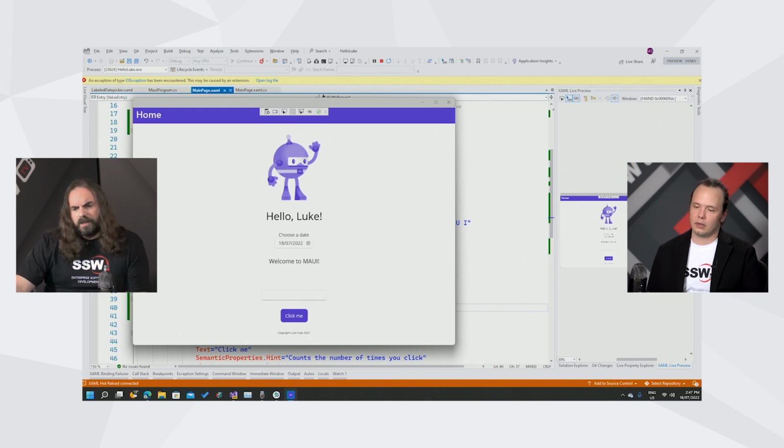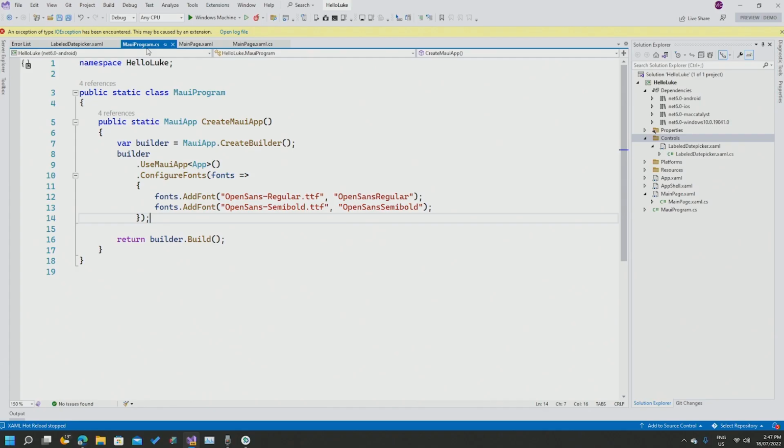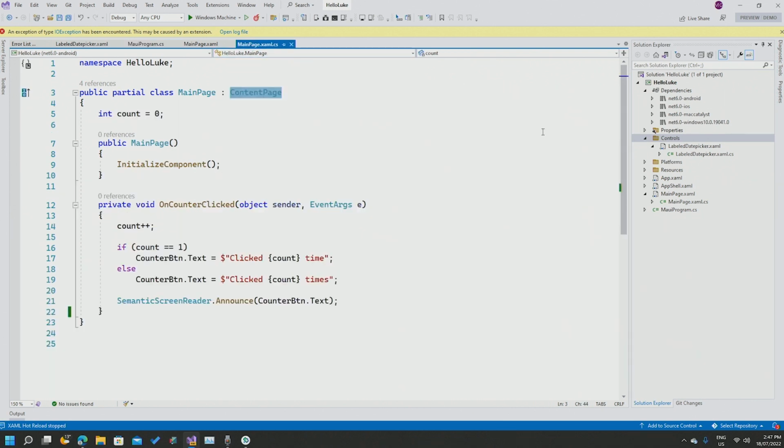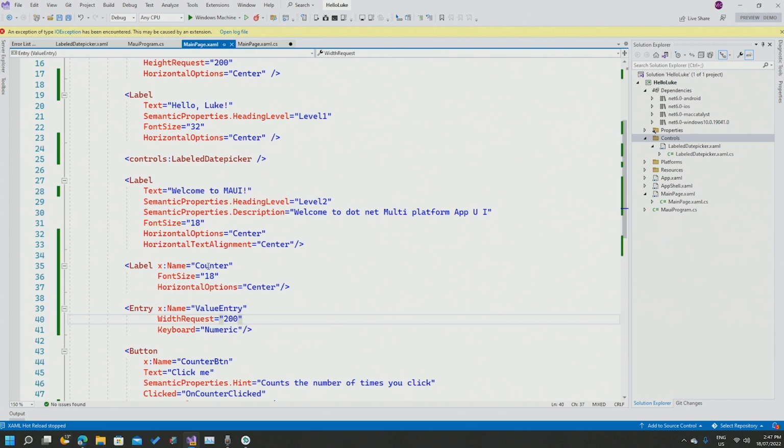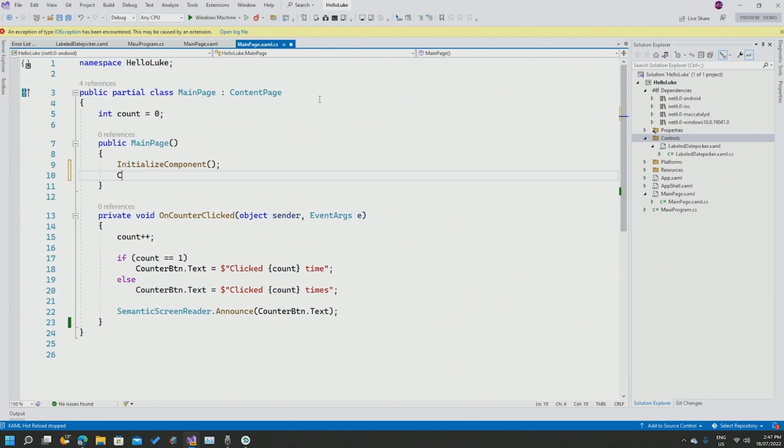We do. Okay, so what we need to do is now go into the C# code. Not in this one. In this one, this is the code behind the file. We have a field here called count. Currently starts at 0. What I'm going to do is in my constructor here, I'm going to set my label. Now, just remind me, did I give this a label? I did, right. So I'm going to set the text property of that counter label to that. Squiggling because it wants it to be a string. Yeah, sorry. And at the end of this method here I'm going to do that